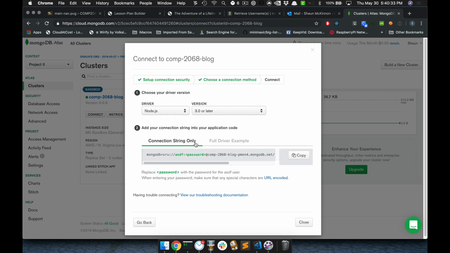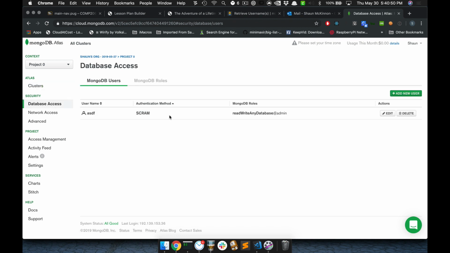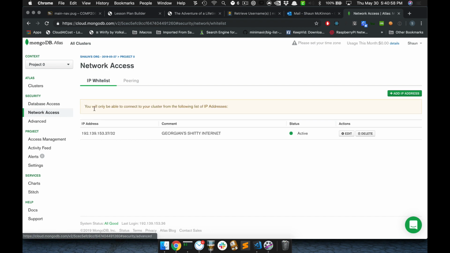Mine says you cannot connect yet. Yes. Oh, is it still creating your user, or did you create a user? You have to whitelist your connection. Right, you have to whitelist your IP. My apologies. Sorry, if you go over to, is that under database access for whitelist? It should just pop up right when you're doing it. Yeah, follow the whitelist IP thing and click on it. But where is it, just out of curiosity? Who knows? That's weird. Oh, it's under network access. Right, because I called it Georgian shitty internet. So